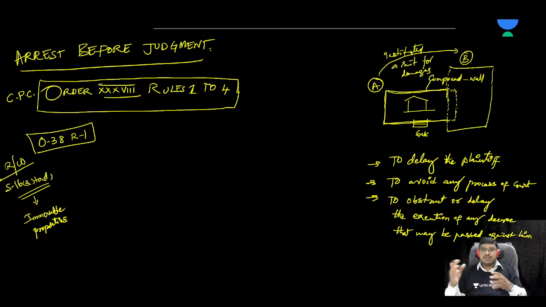Whenever a bailiff from the court comes to his place of residence in order to serve a copy of summons or notice from the honorable court, he is cleverly avoiding that process of the court. Or if he obstructs or delays the execution of the decree that may be passed against him, he is intentionally dragging the matter. Now, under these circumstances, under these intentions, if Mr. B